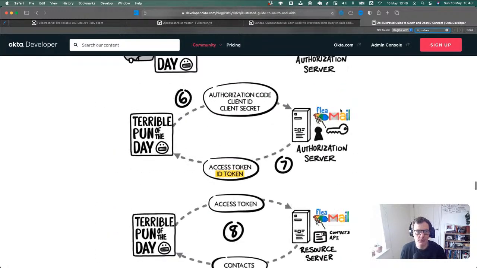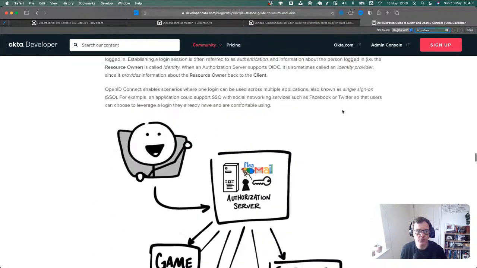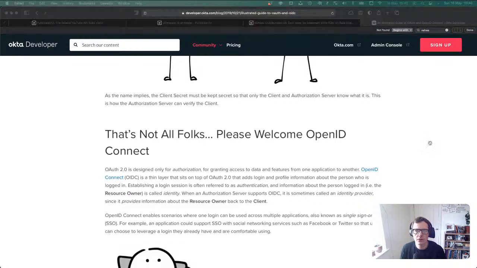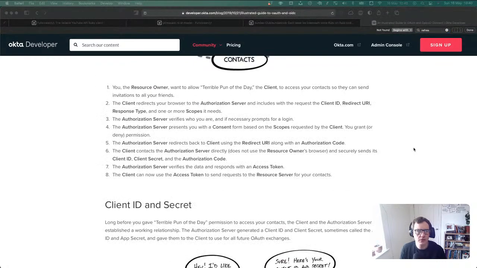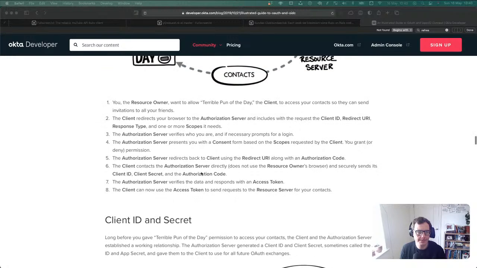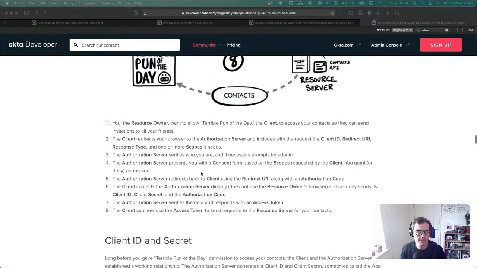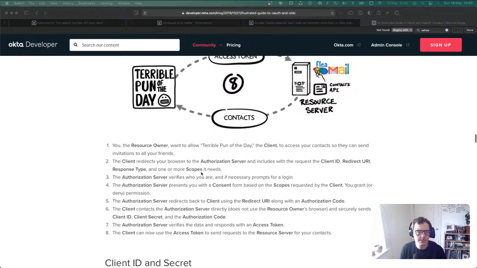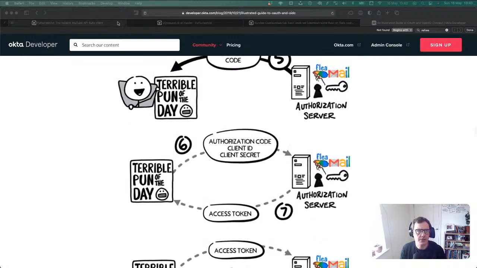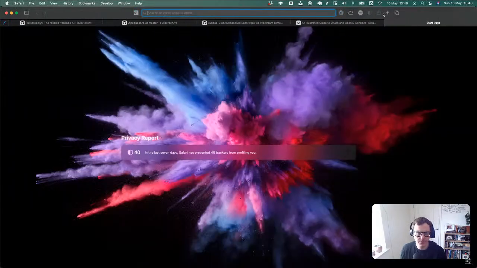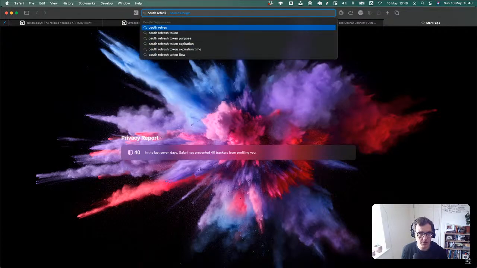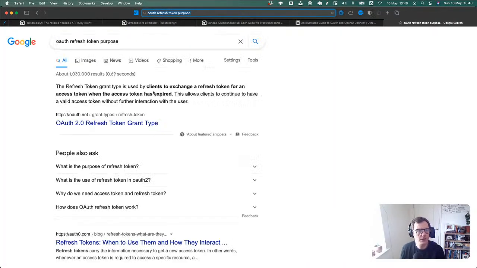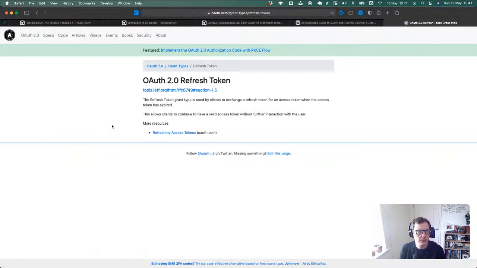Okay, maybe I'm completely wrong on that. Okay, what does OAuth refresh token purpose? Oh god, let's try the official.